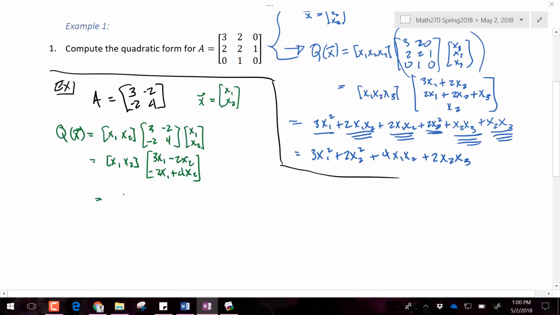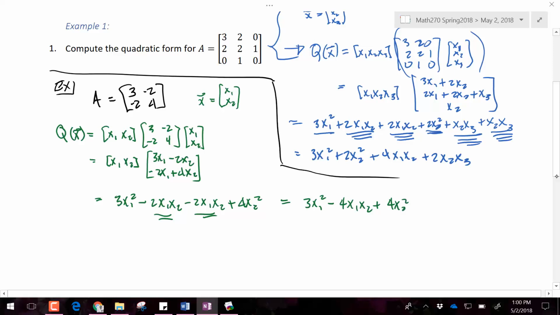It's going to be 3x1 squared minus 2x1 x2, and then minus 2x1 x2 plus 4x2 squared. If we simplify this, we got a couple of like terms that we can combine: 3x1 squared minus 4x1 x2 plus